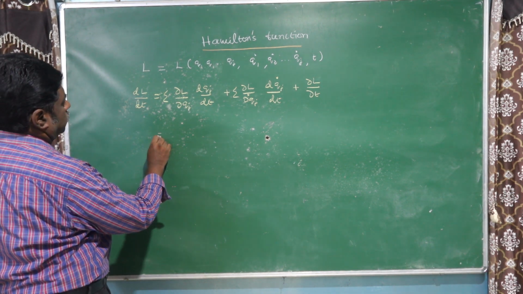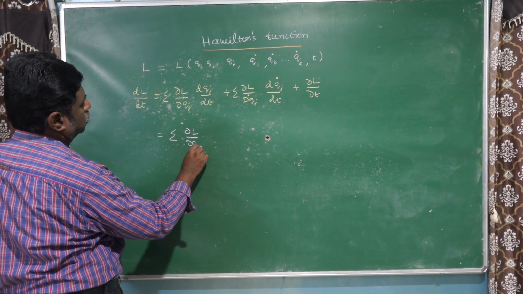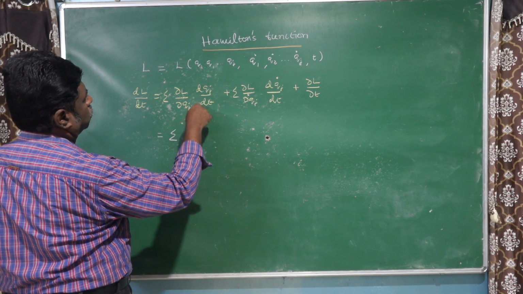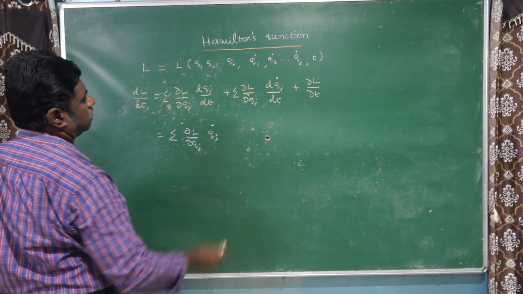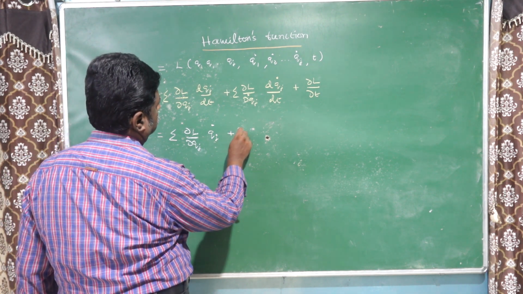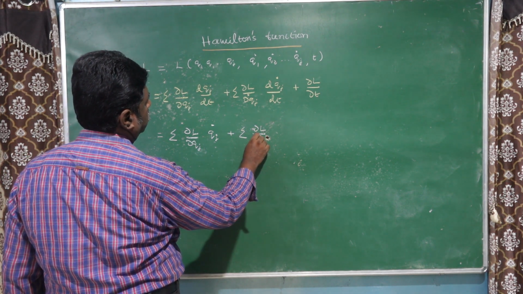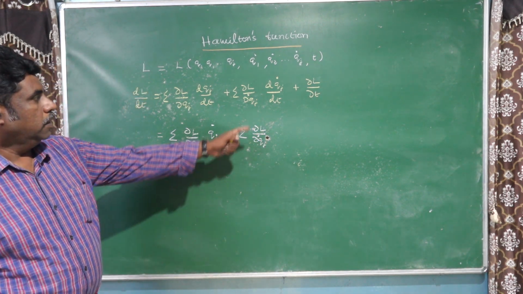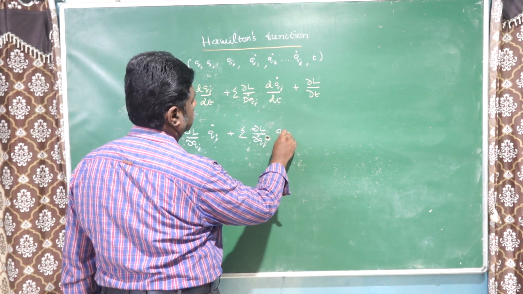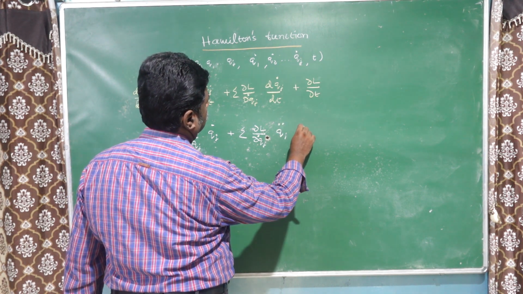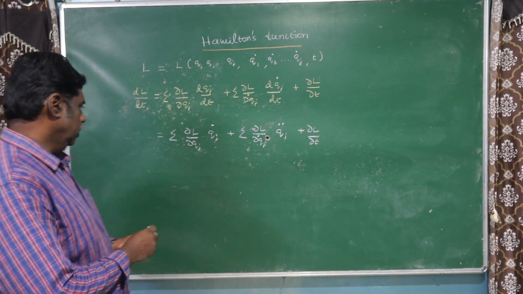This is equal to ∂L by ∂qj into dqj by dt, which is our qj single dot, plus ∂L by ∂qj dot, then dqj single dot by dt is qj double dot, plus ∂L by ∂t. This is the value of